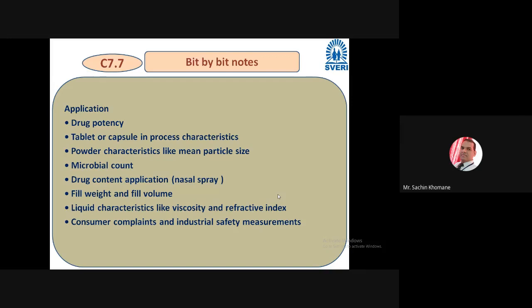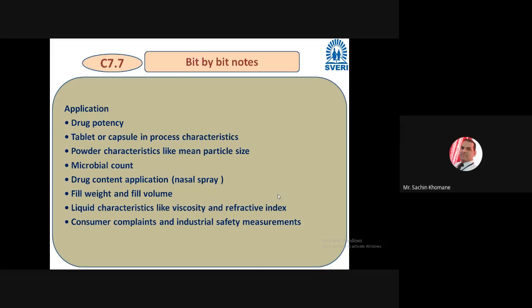You may have seen every capsule has 500 mg. They mention 500 mg on it, then 200 mg, 250 mg, right? So variation is very little, and they monitor it. If they find some medicine at 510 mg, they say this is a rejected product. So they monitor each and every component, every tablet there.